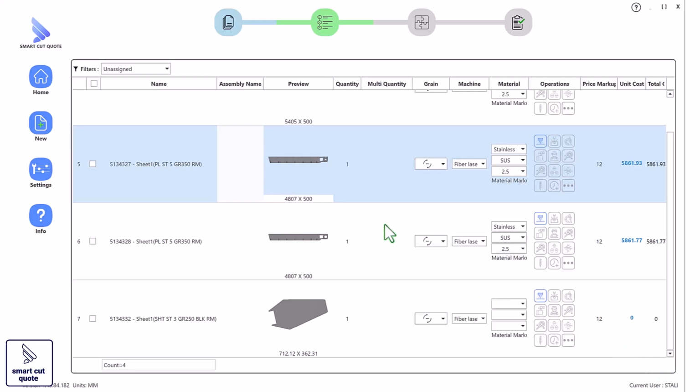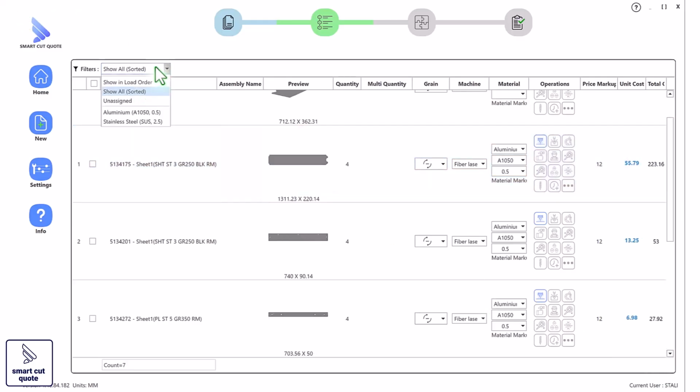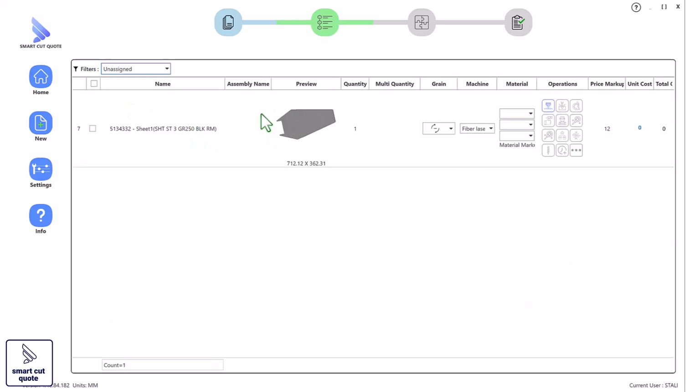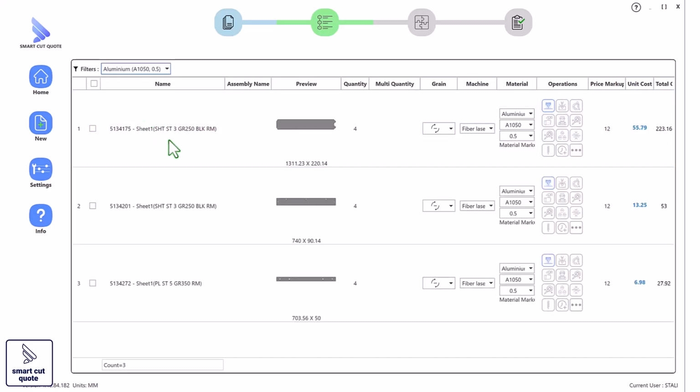So there's only one home assigned, so I can go show all or show unassigned. Should be one there. Now I can show by aluminium. Okay, so you can just double check it, or you can show standard steel, make sure that is correct,